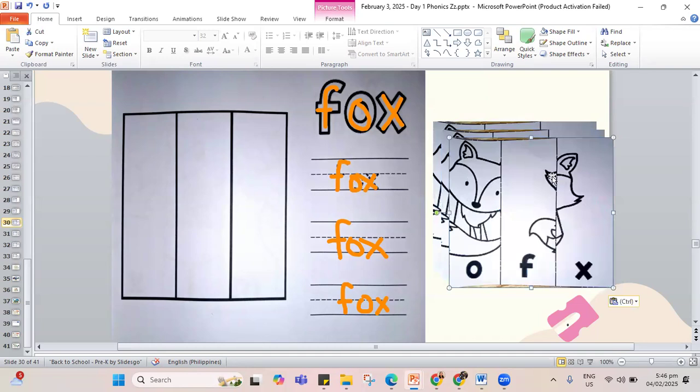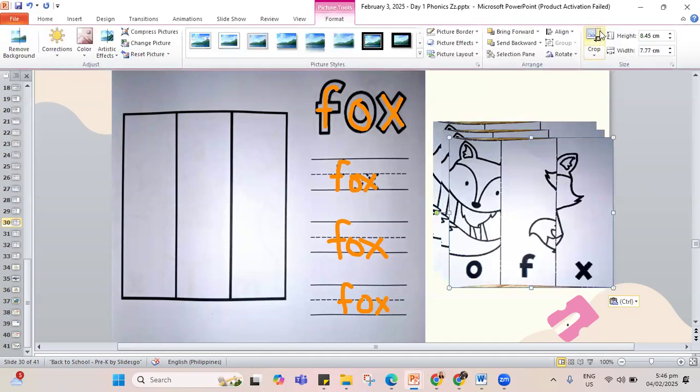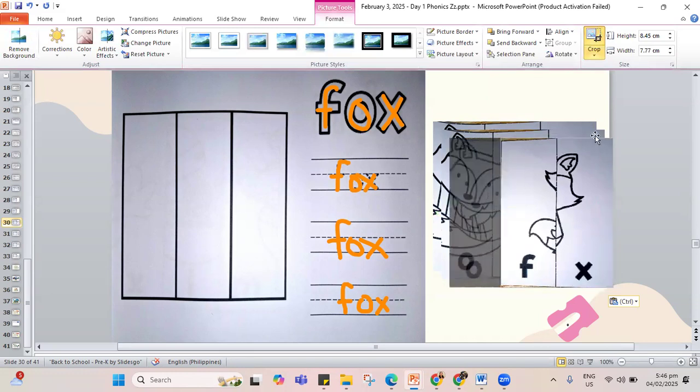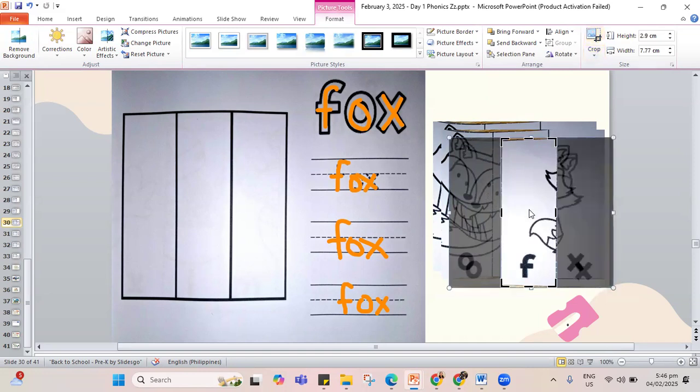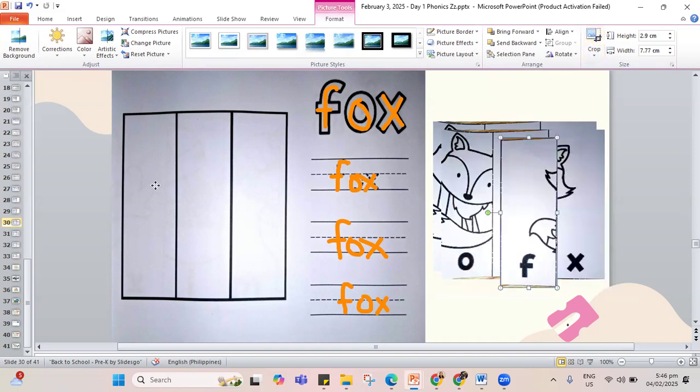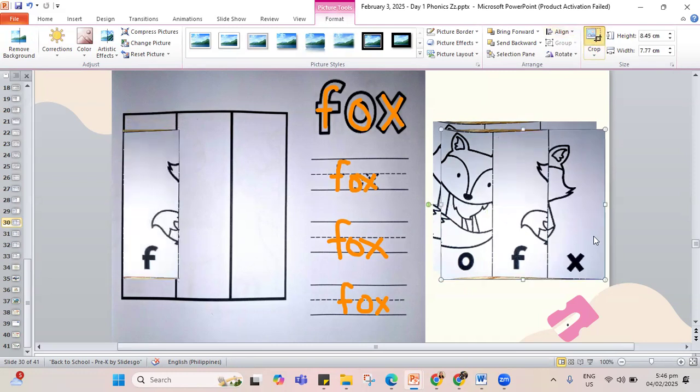Let's fix our pictures. We need to put the first letter. Our first letter has the sound. It is what letter? That should be letter F. So let's put F. Next one, in the middle, the O sound.